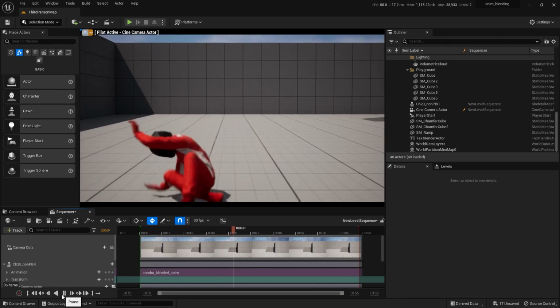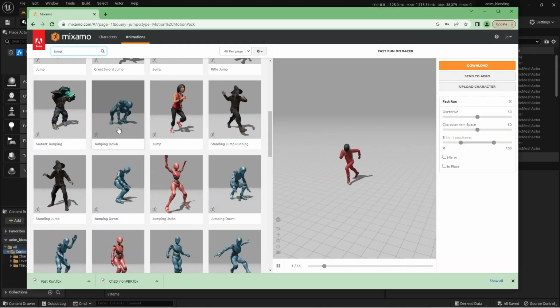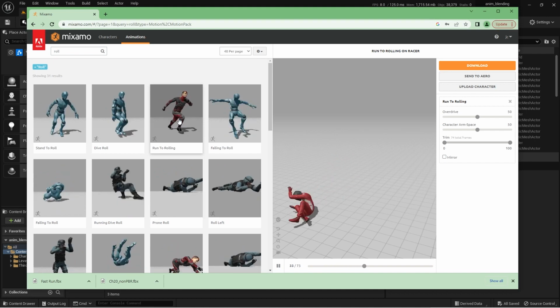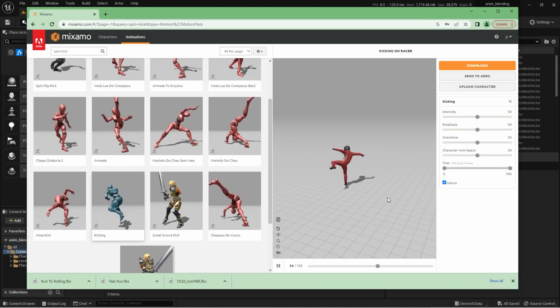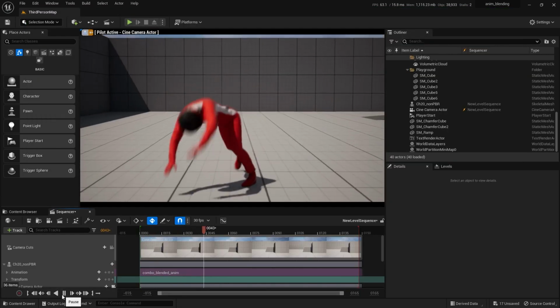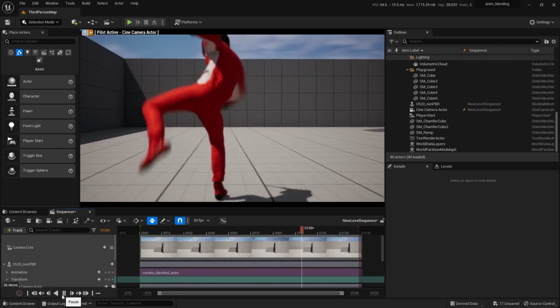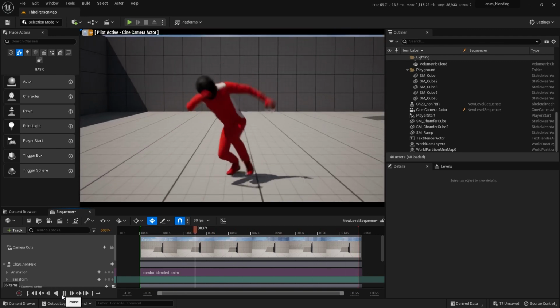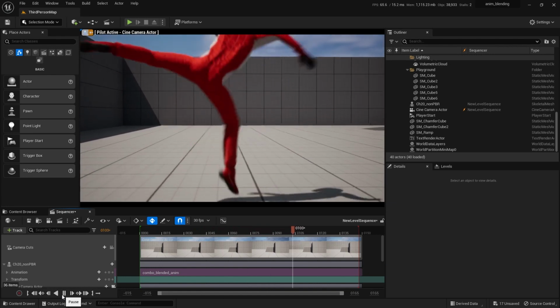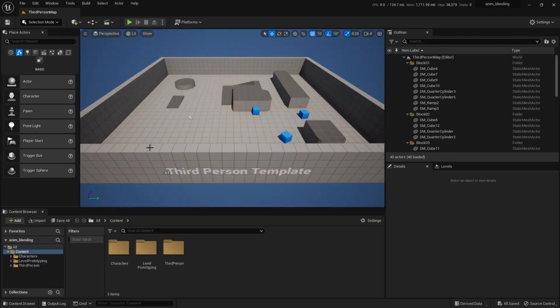In this video, you're going to learn how to take multiple animation clips and blend them together smoothly, and also, if you want, output them into a single animation such as this. This is made up of multiple clips blended together and output and reapplied as a single source. So let's jump in. We're going to start off with a standard third-person game template.